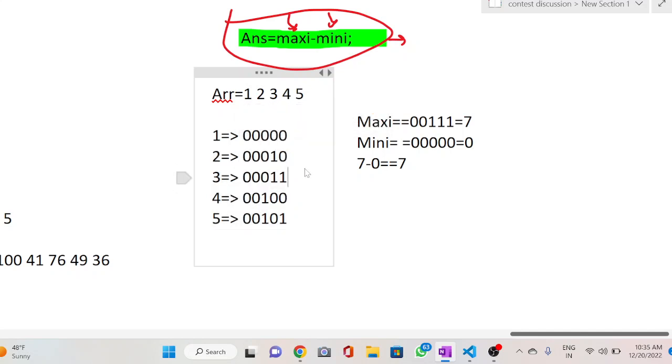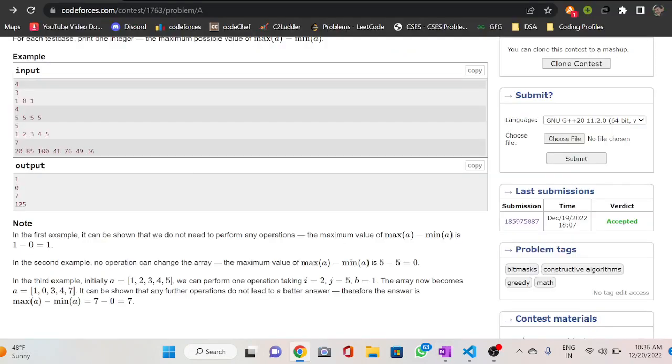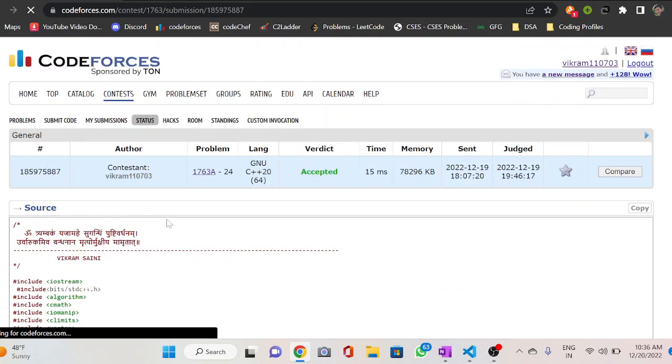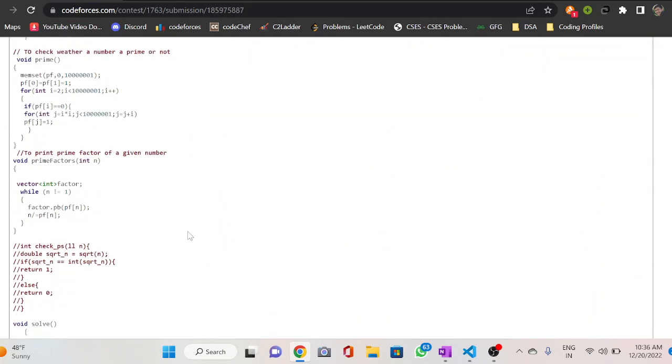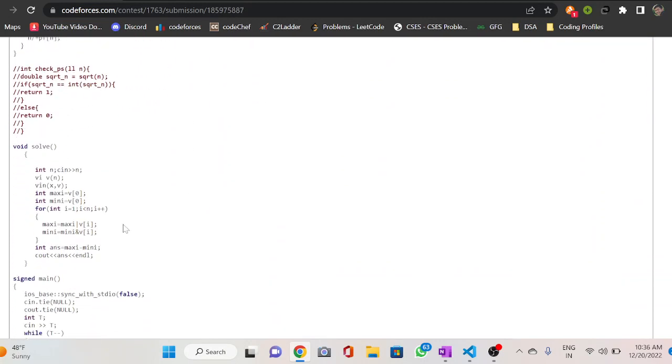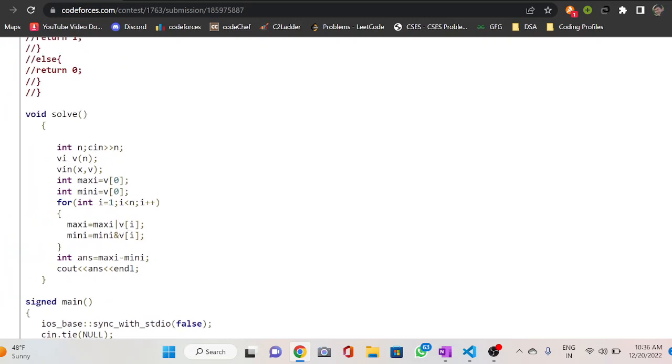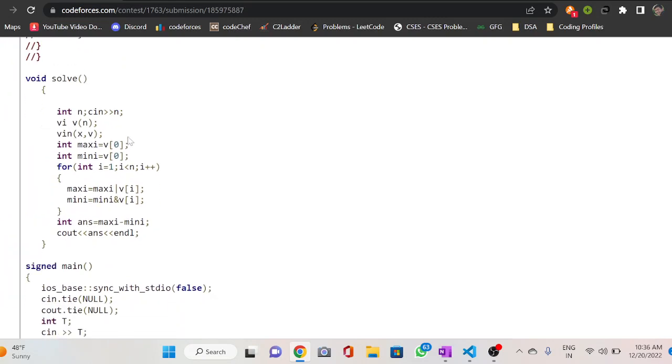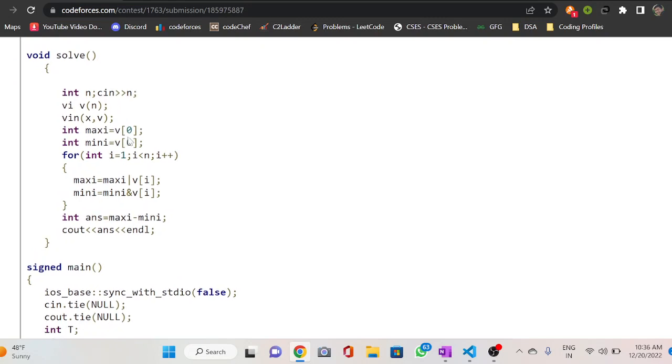Okay, so let's move on to the code part. You can see here, first I take n and take input of n, and I take a vector of int of size n and take input over here.